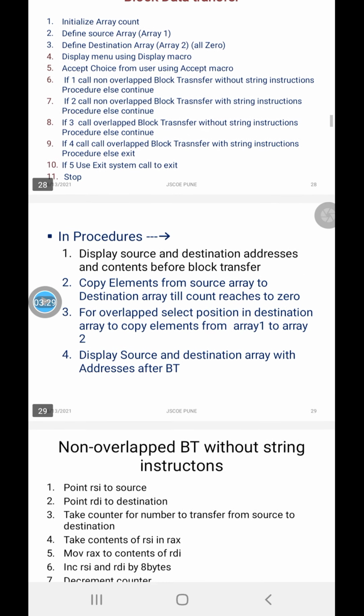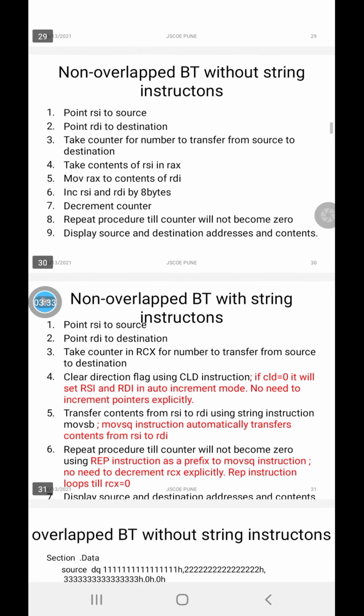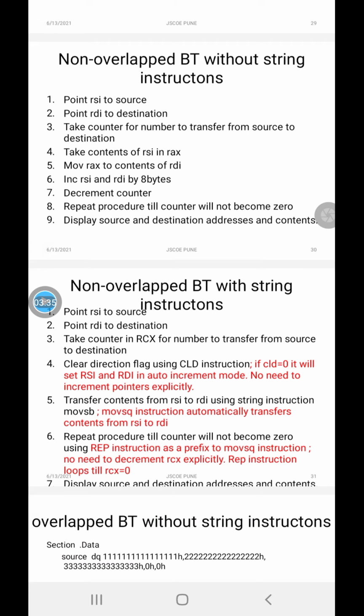Now see, in non-overlapped we will see the algorithm of this. First you have to declare the source array in section .data. So under section .data we write source_array db 10h, 20h, 30h, 40h.